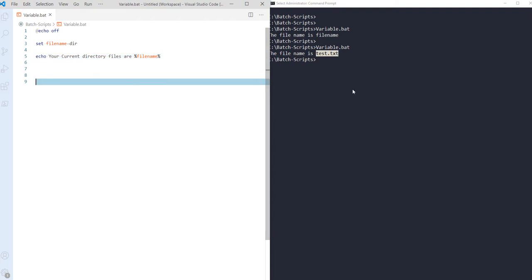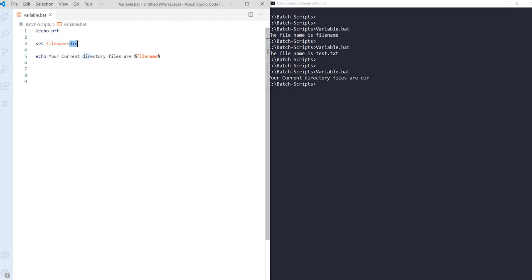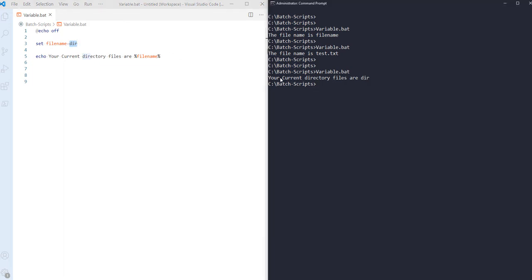And if I save this and run this again, now here you can see that it's displaying me the complete message, and I have written dir, and I want to execute that as a command. I don't want to execute that as a string. So here you can see that it's showing that as a string dir.